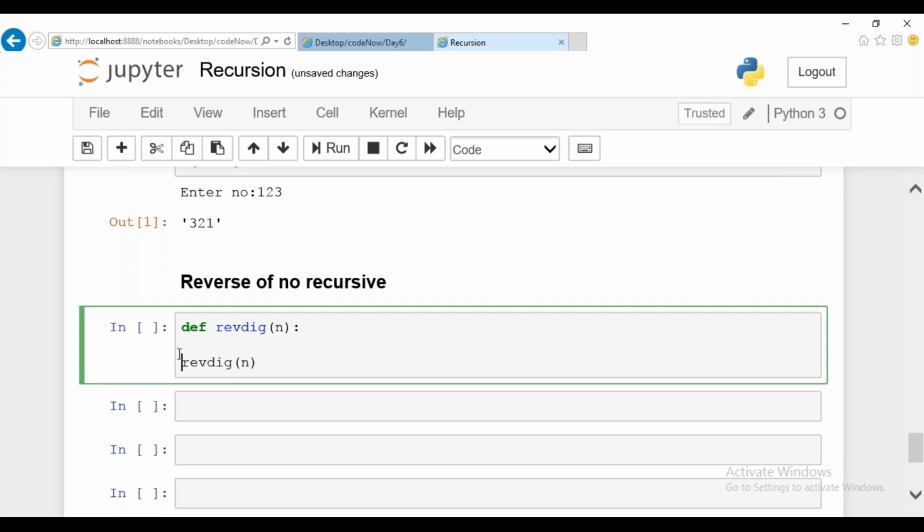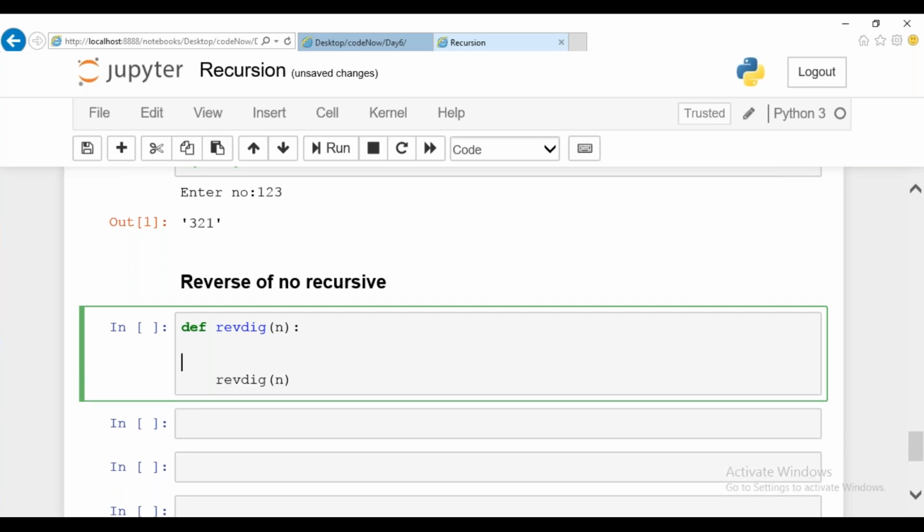Before that, we accept an n value. Okay, now we'll go ahead further.